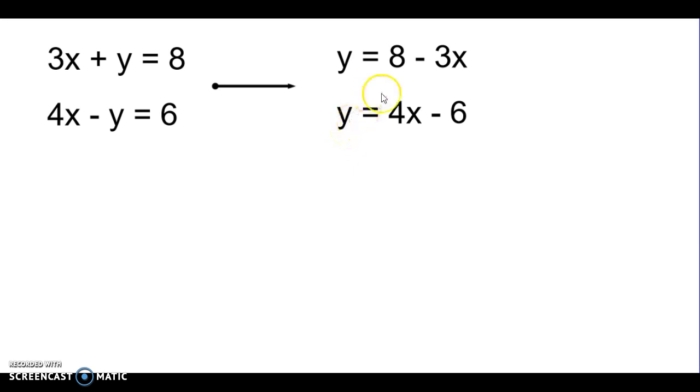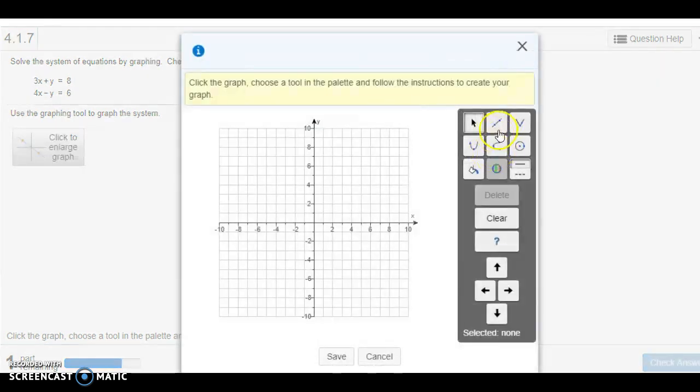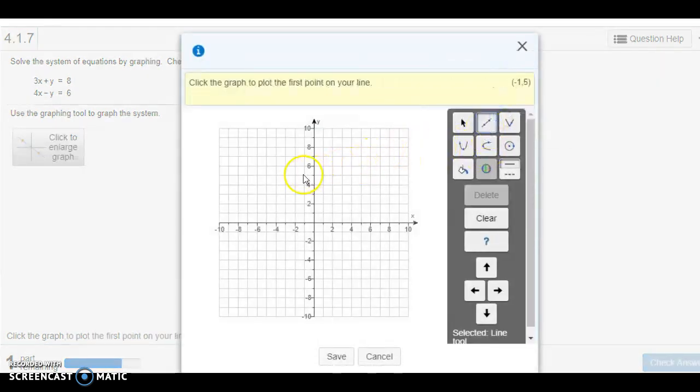So now to graph them, the top equation has a plain 8, that's my y-intercept crossing at (0, 8). And then my slope is negative 3, or negative 3 over 1. So if I go to my graph here, I'm going to enlarge that, grab my line, and say, okay, I'm going to come over at (0, 8), and I make sure in the upper right-hand corner